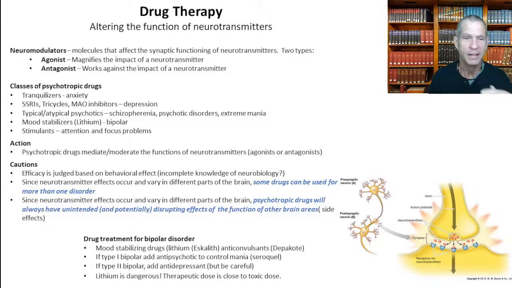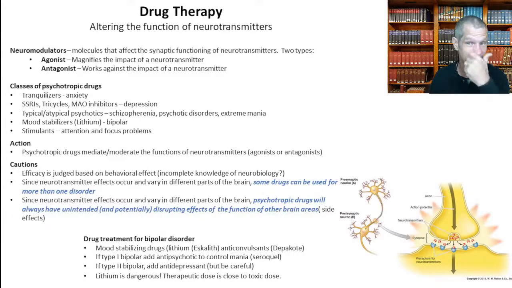Now, any of these drugs that can pass through the blood brain barrier and get into your brain and alter your functioning are called psychotropic drugs. You know what? Alcohol is a psychotropic drug. Marijuana is a psychotropic drug. MDMA, methamphetamine, cocaine, these are all psychotropic drugs. They are small enough molecules that they can penetrate the blood brain barrier and they cause effects at our synaptic gaps. All right.